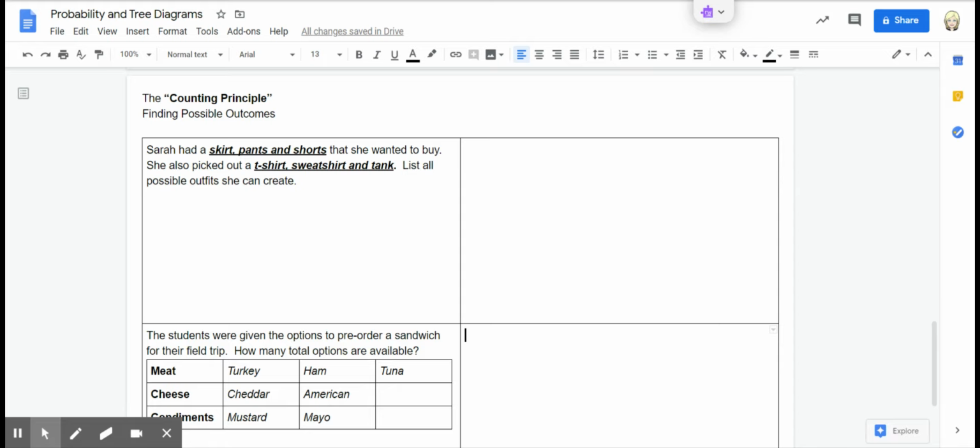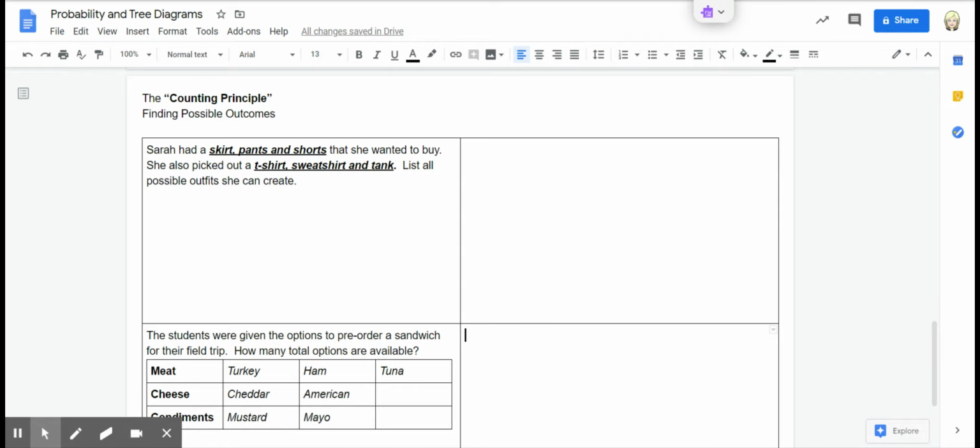So today we're going to look at probability and tree diagrams, but we're going to focus on what the counting principle is and how it helps you find all possible outcomes. So the first one we're going to look at is a word problem. And within word problems, you want to find some keywords. So let's go ahead and